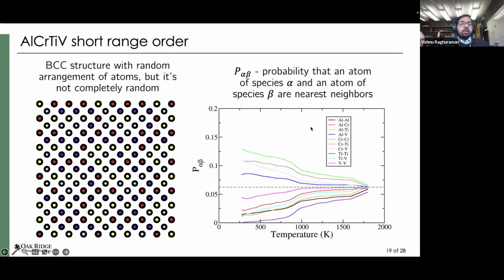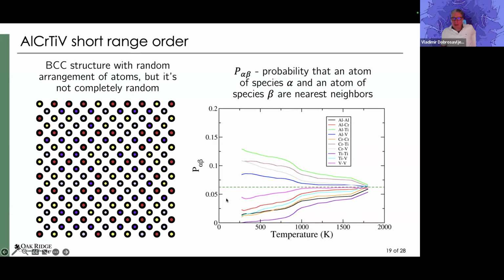Now, binary alloys can also be done very efficiently using CPA. So while we've done binary alloys, it's not particularly a novelty to do those. So we decided to take a slightly more complicated system, which is the aluminum, chromium, titanium, vanadium, a high entropy alloy, and to study how the resistivity would change with short range order. So we have a BCC, again, 16,000 atom BCC structure. And my advisor, Professor Bidam, has done ab initio MCMD calculations at different temperatures to get